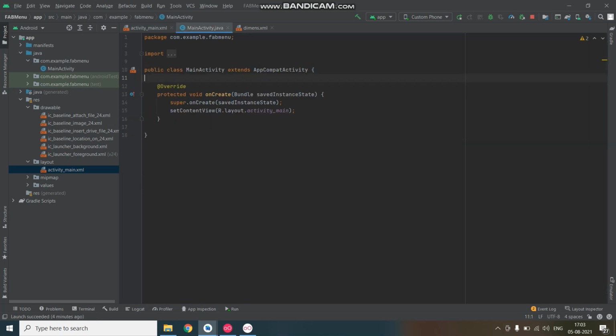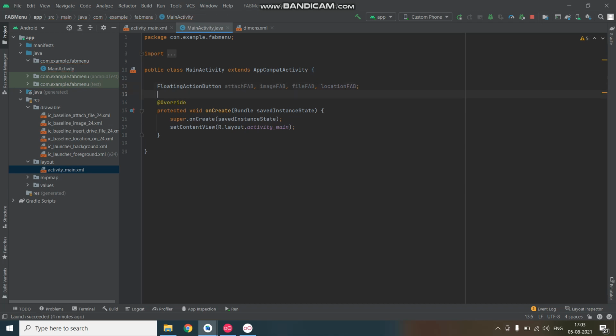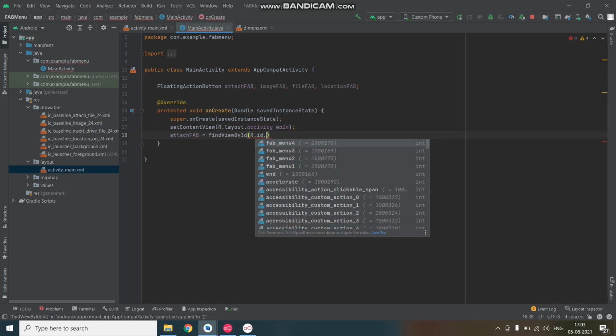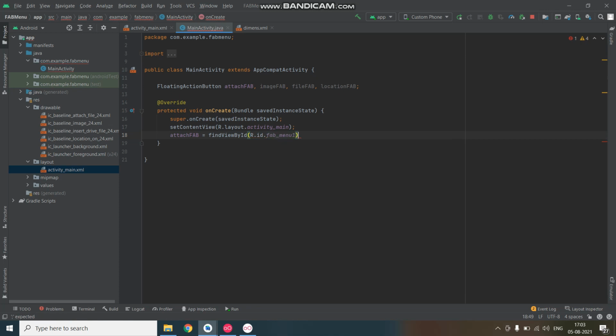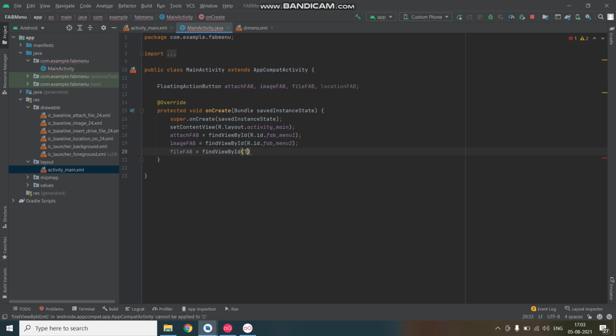Now let's code. File fab and the find view by id R.id.fab to view by id.